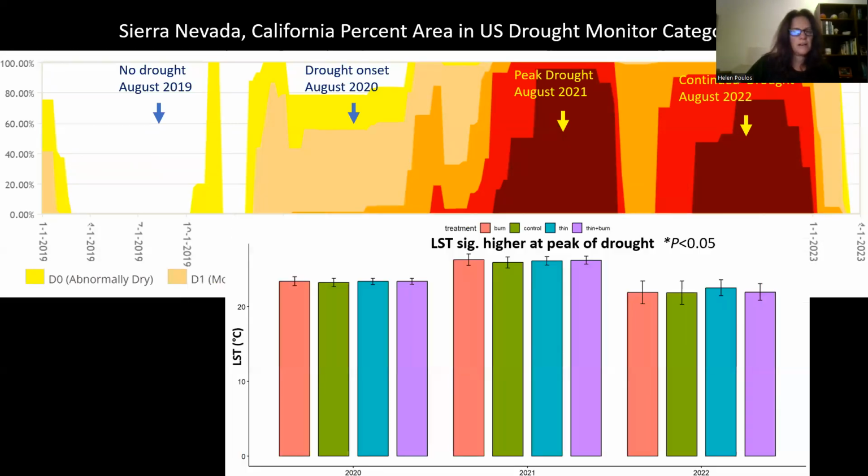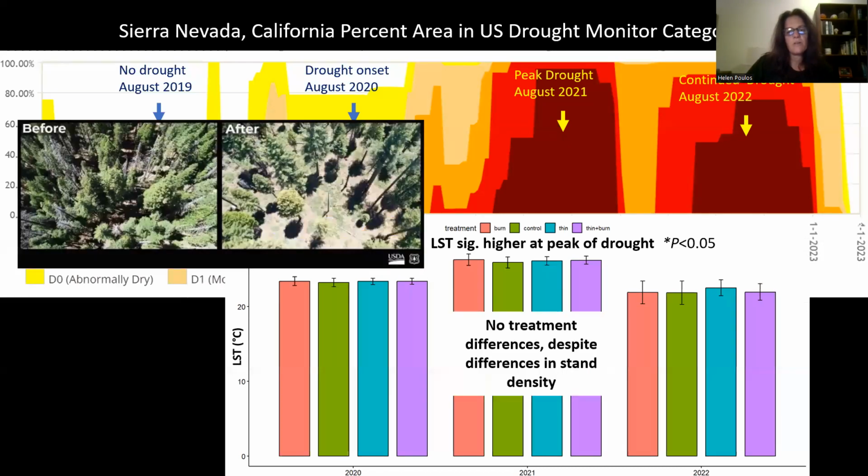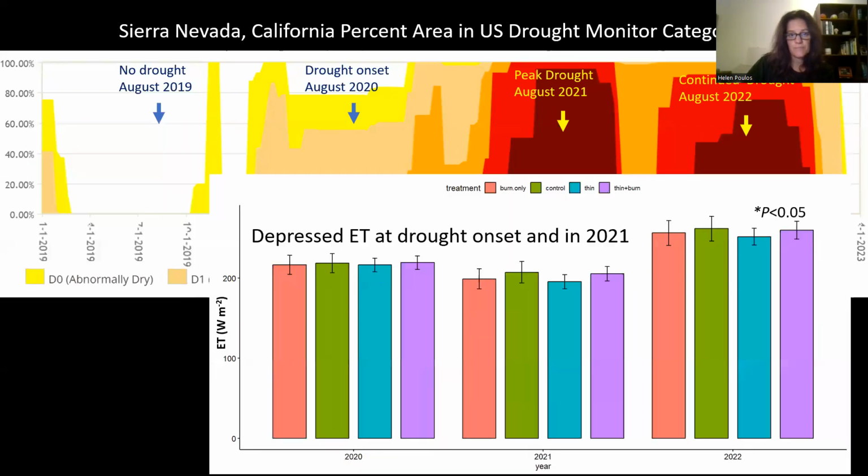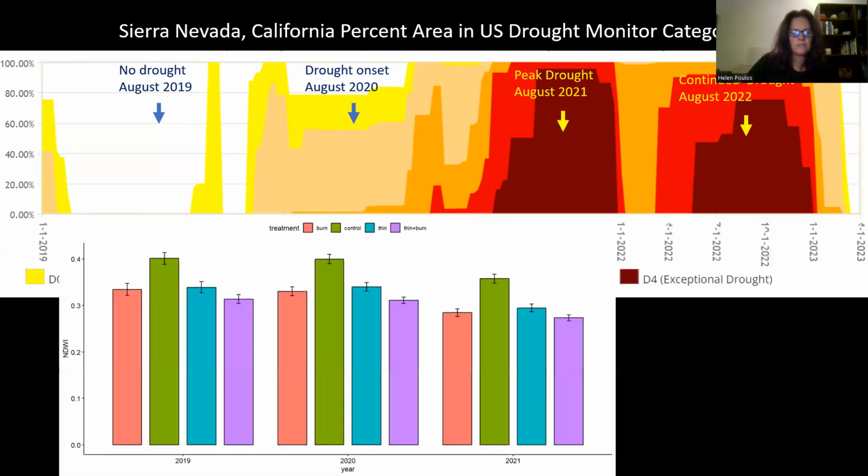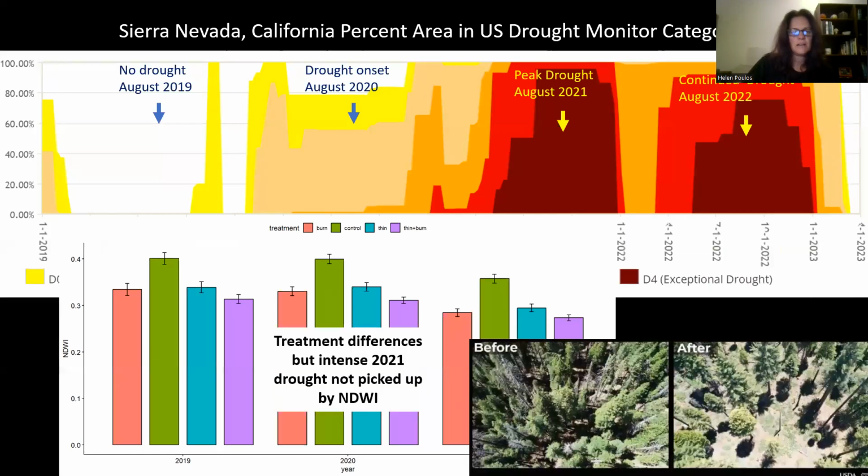or water cycling. And so what we see is the LST picks up that signal of land surface temperature increasing during peak drought, but it doesn't really detect any treatment differences, despite really visible differences in the aerial imagery in terms of vegetation density. And then we also see the depressed ET at drought onset, but again, we don't see very many differences in the treatment data. And now if we move on to the NDWI data, what we see is treatment differences, but